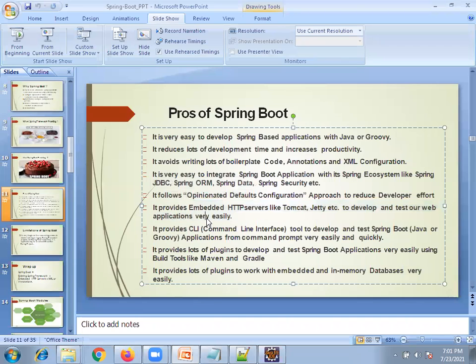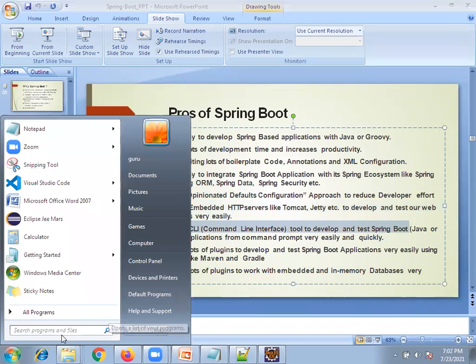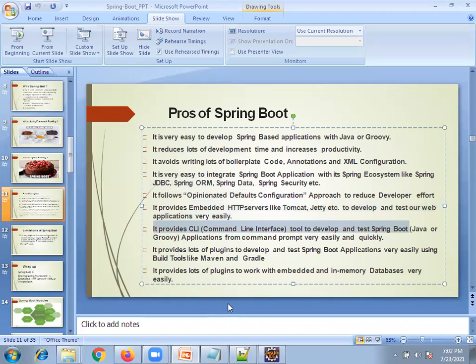It also provides a command line interface tool to develop and test Spring Boot. CLI, command line interface. In core Java, how do you execute? You compile using javac and execute using the java command, right?